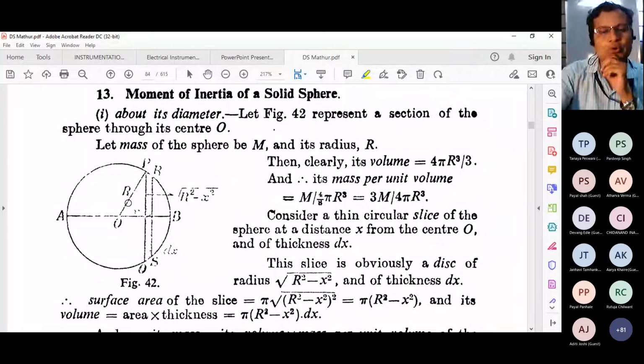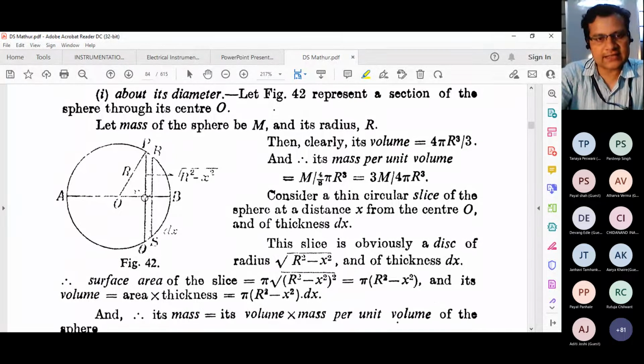Okay, so this point we mentioned is P, on a sphere which has a radius r, held at a distance x, and the thin slice makes subtend angle theta with OB. Geometrically you can write the perpendicular, the thin slice of radius square root of r square minus x square, because of this angle theta, using Pythagoras. So square root of r square minus x square gives me the value of the radius there, and it has a thickness dx.